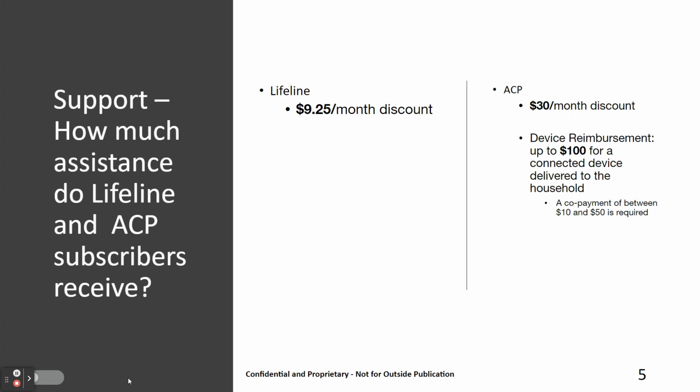Now the ACP discount on the side. Lifeline and ACP benefits can be combined on the same plan, meaning a subscriber can have Lifeline and ACP at the same time on the same plan on the same device. In every state, Lifeline and ACP eligible applicants can get Lifeline on one device and ACP on another. They can get Lifeline and ACP from the same provider or from two different providers. For example, an eligible subscriber may choose to get their Lifeline discounted service from their cable company and their ACP discounted service from a wireless broadband provider like AMBT.